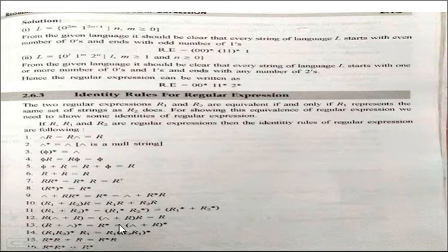Twelfth, null plus R into whole R equal to R. Thirteenth, (R plus null) closure equal to R closure equal to (null plus R) closure. Fourteenth point is R1 plus R1 into (R2 R1) closure into R1 equal to R1 (R2 R1) closure. Fifteenth, R closure into R equal to R closure into R, and finally R closure into R closure equal to R closure. So these are the 16 rules by which you can apply and find the regular expressions.